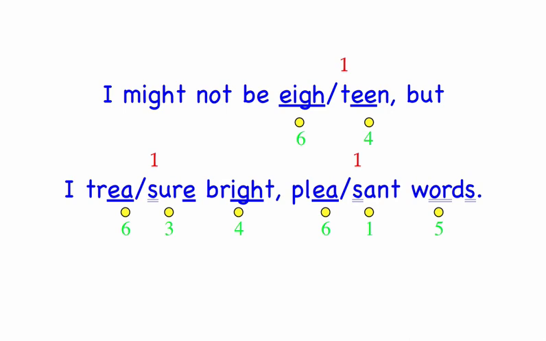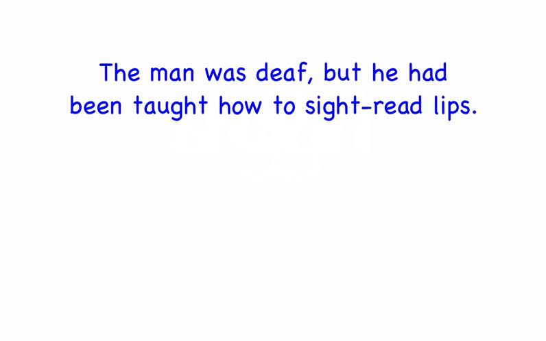The man was deaf, 3 sounds, d, e, f, deaf, but he had been taught, 3 sounds, t, aw, t, taught, how to sight, 3 sounds, s, I, t, sight, read lips. The man was deaf,